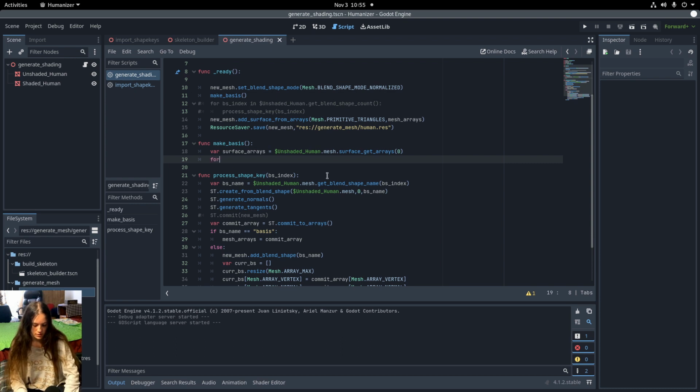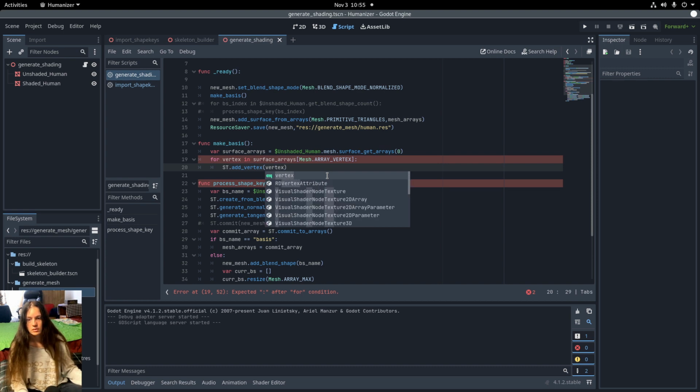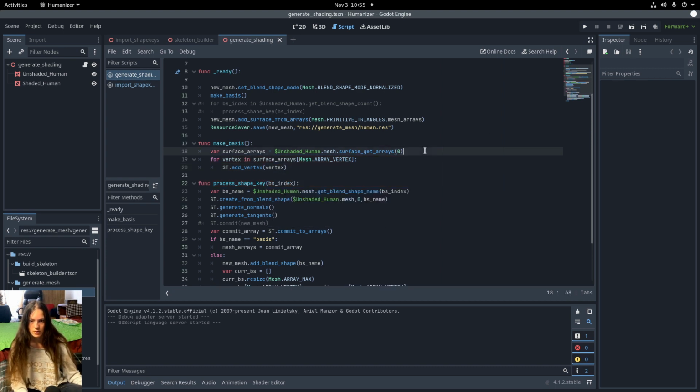So now I need to loop over the vertex in surface arrays at mesh dot vertex array, and use surface tool add vertex with the value. And so if you just run this,